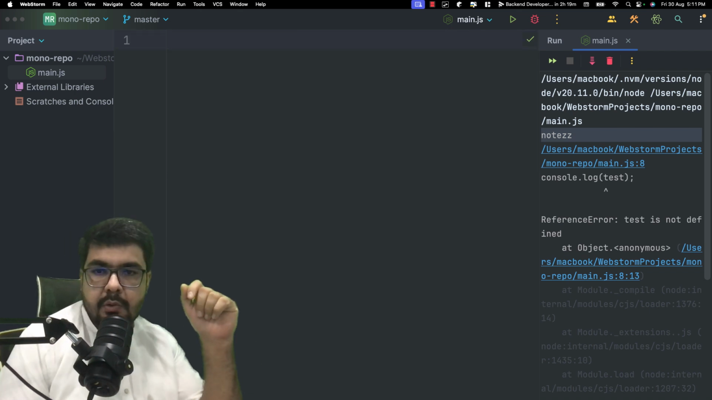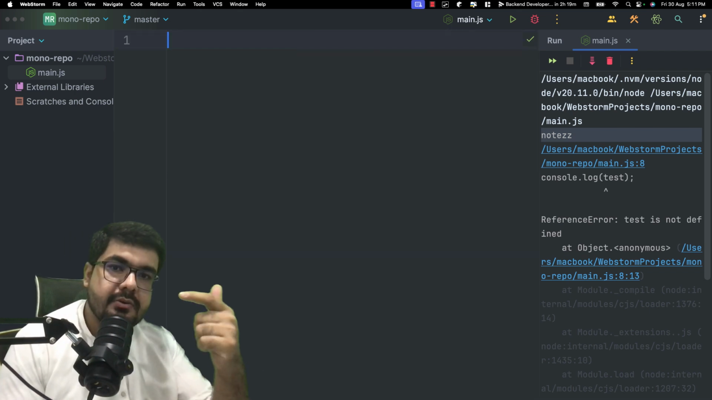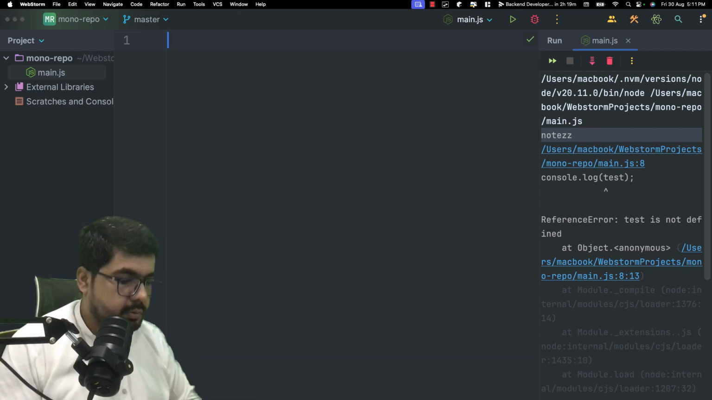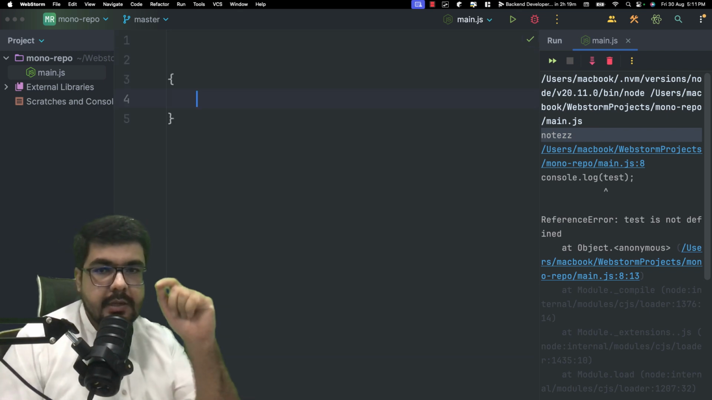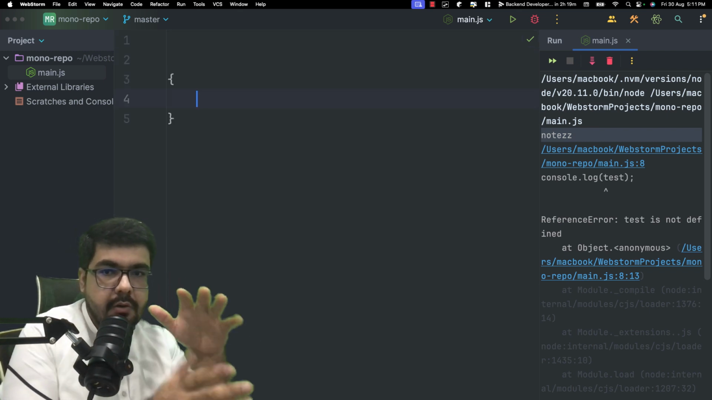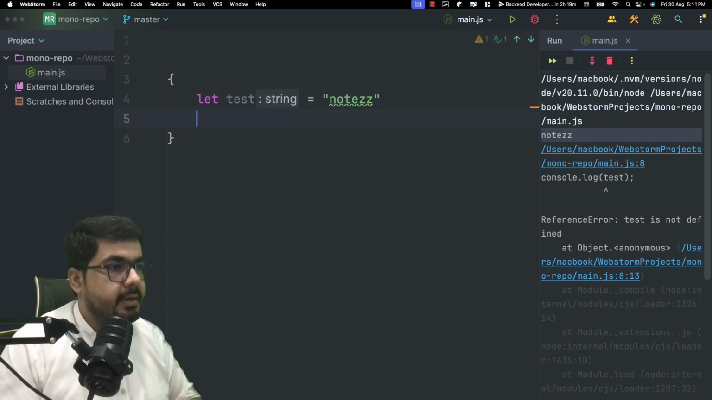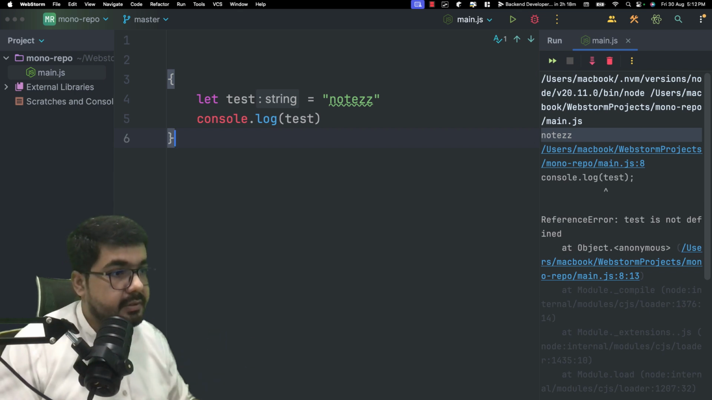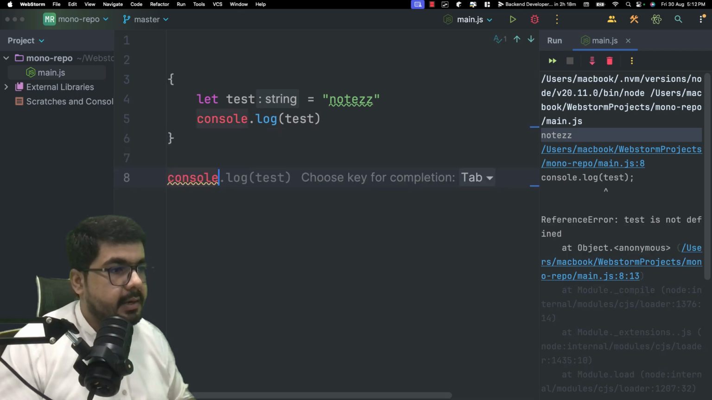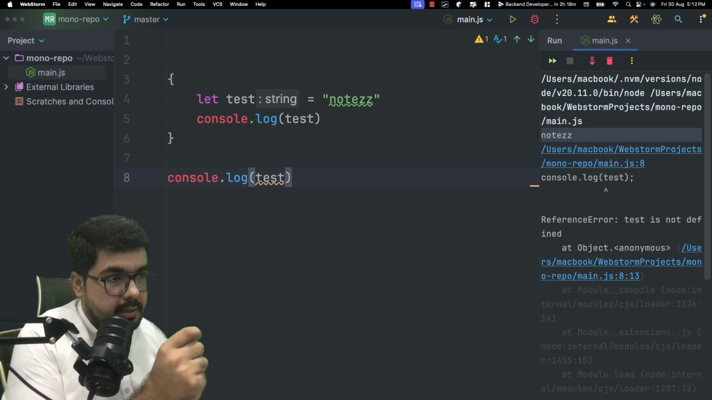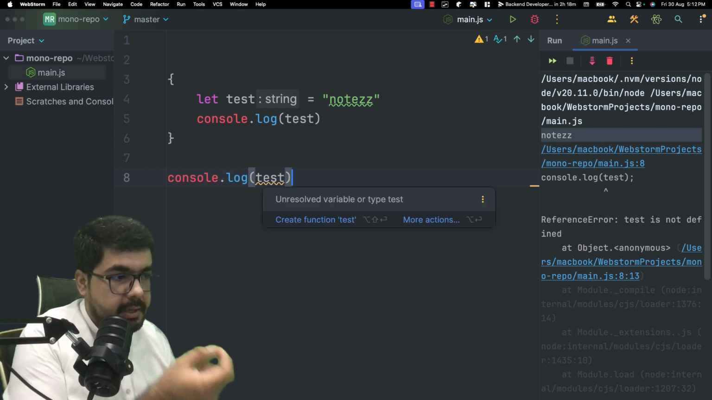And now let's discuss the block scope. Remember, block scope is only concerned with curly brackets, and it applies only to let and const. So if I'm having a variable defined with let, let test is equal to, let's say, nodes, and I do console.log test, I can access test inside this block. But if I come over here and try to access that test variable outside this block, you can see that it will always throw an error,